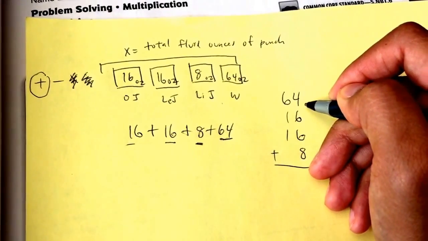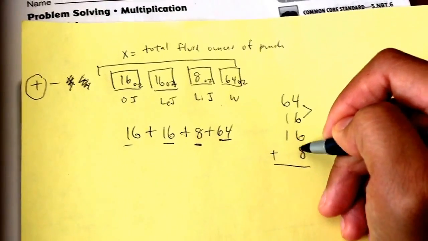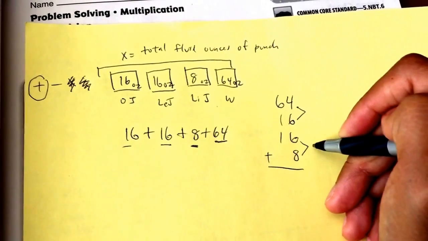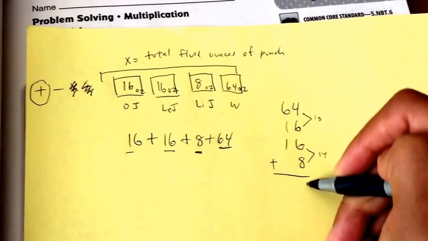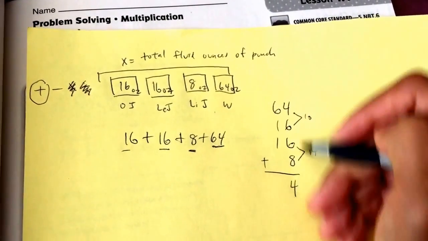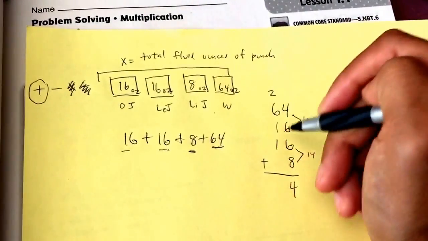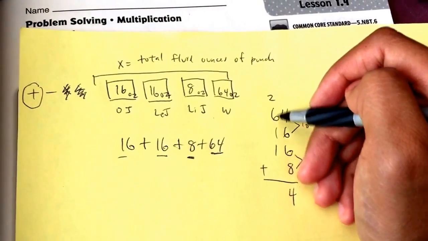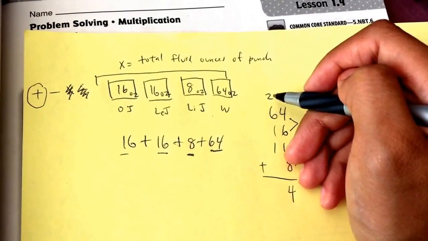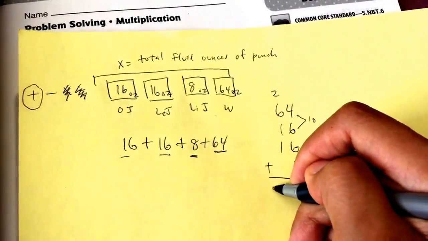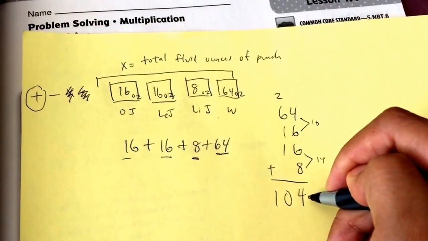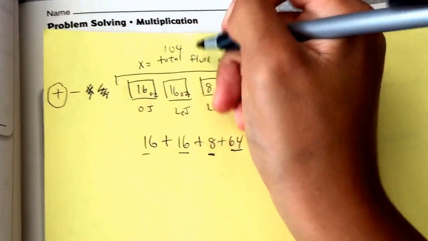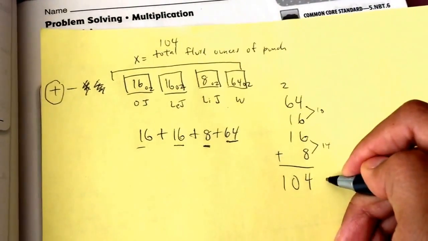Now when I add, I think 6 plus 4 is 10, so I know that 6 plus 8 is 14, so 14 plus 10 is 24. So I'm going to put the 4 here. I'm going to regroup the 2, the 20, into the tens place. And then I'm going to think 2 plus 6 plus 1 plus 1: 6, 7, 8, 9, 10. And so I have 104. Now what's 104? I have 104 total fluid ounces of punch. So this is my total